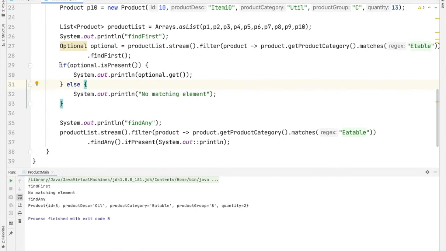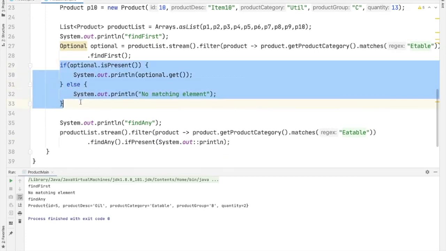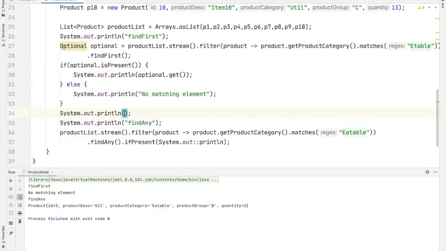Now we can replace this if else condition with the orElse function in the Optional class. Let us do that. System.out.println, optional.orElse method, to which we have to provide one argument, that is the default value, "no matching element".